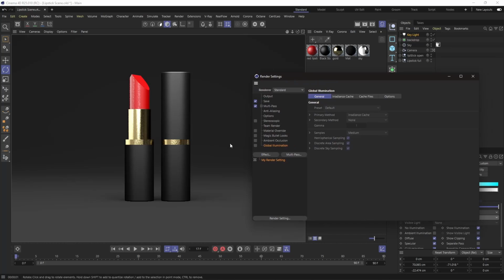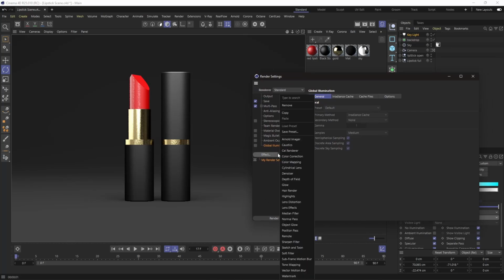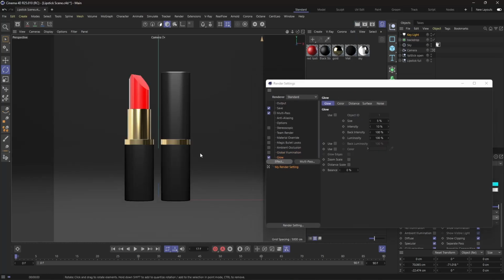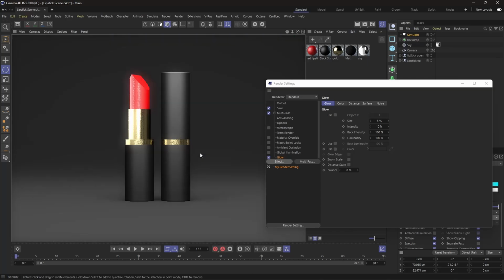Okay, so those are the effects of it. We have other effects called the glow and other stuff, the denoiser and everything. So those effects you can actually add on it. So with the glow effect, I don't know if you see it perfectly here because it actually have, okay,